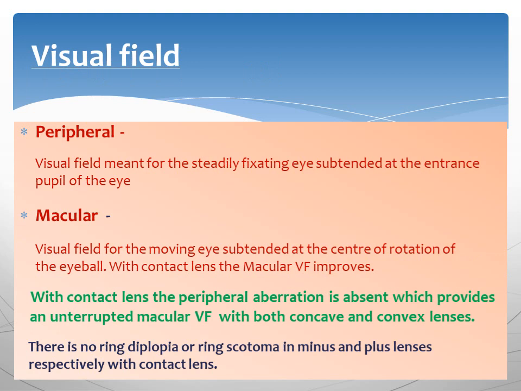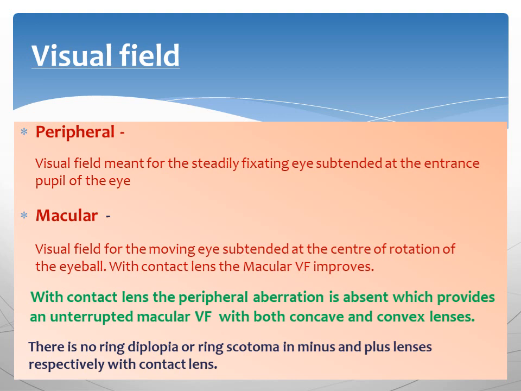Now coming to the visual field, which is of two types, peripheral and macular visual field. Peripheral visual field means that for the steadily fixating eye, the field of vision which is subtended at the entrance pupil of the eye. So let's understand in an easy way. Suppose you are steadily fixating at a particular object. That time, whatever objects you have in your periphery, when those objects are being perceived by you without moving your eyes or your head, with your eyes fixating at that object, then that is called the peripheral field of